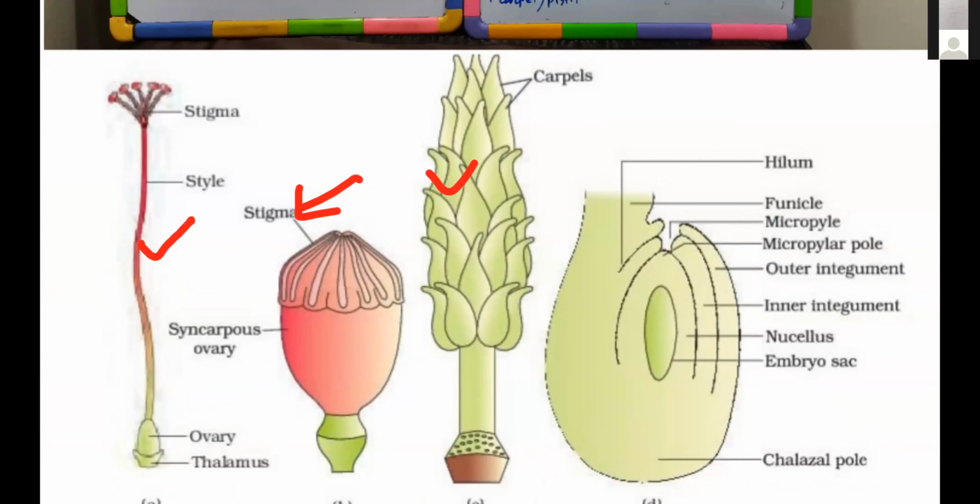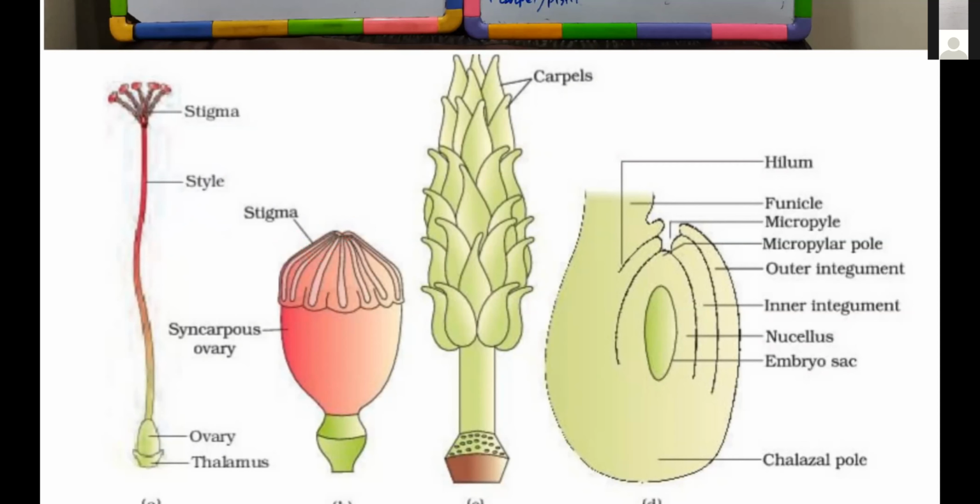One such example, hibiscus, multicarpellary syncarpous condition. Five carpels united to form one common structure. Another example, Papaver somnifera. In this particular plant, it's a multicarpellary syncarpous condition. Again, several carpels fuse to form one unit.